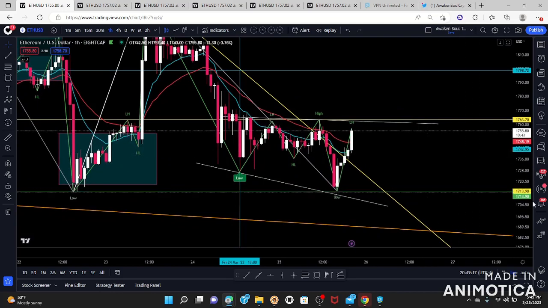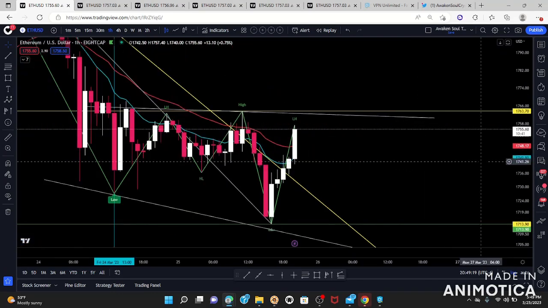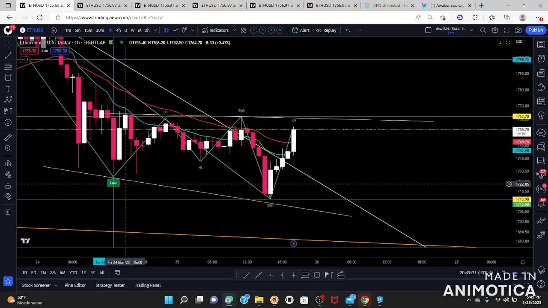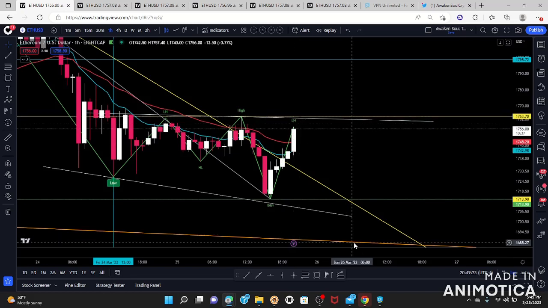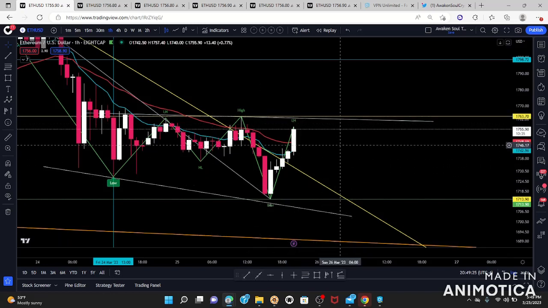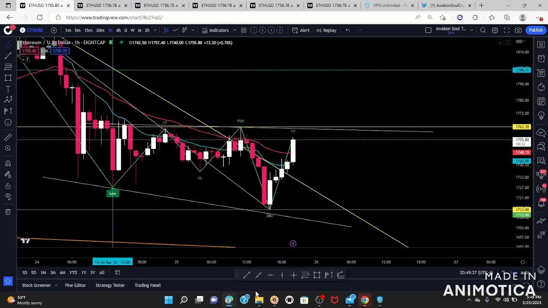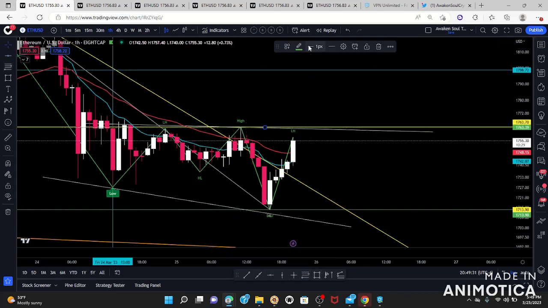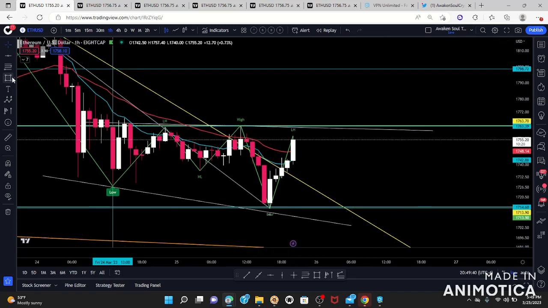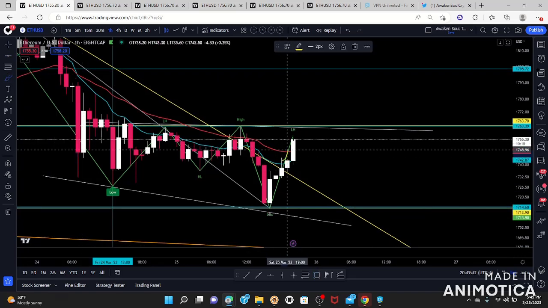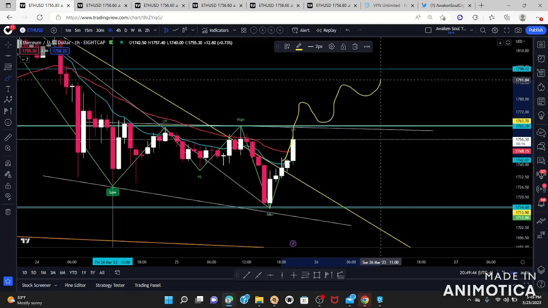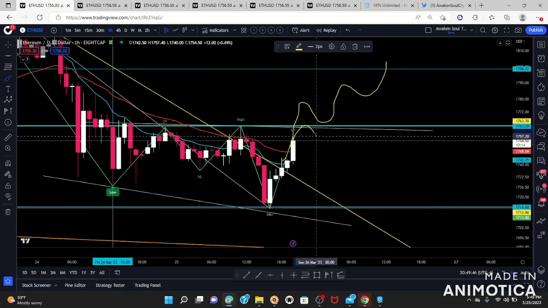So what I want to see for me to take a long, right? Because this could just come up here and bounce right back. So what I want to see is this high being broken. So I would set my range here. This is my high. This is my low, right? And I want it to push up, retrace, and then continue to the upside, because it definitely could just roll